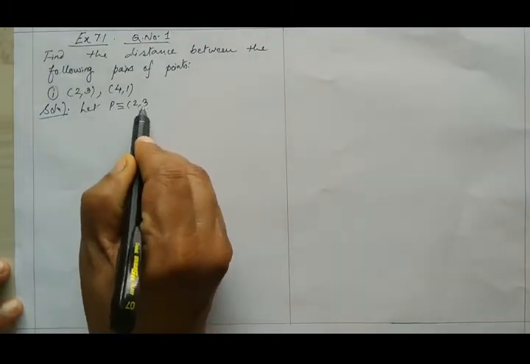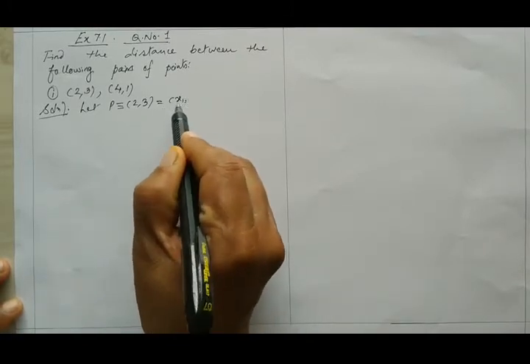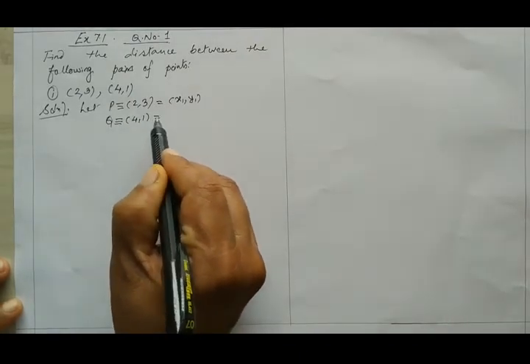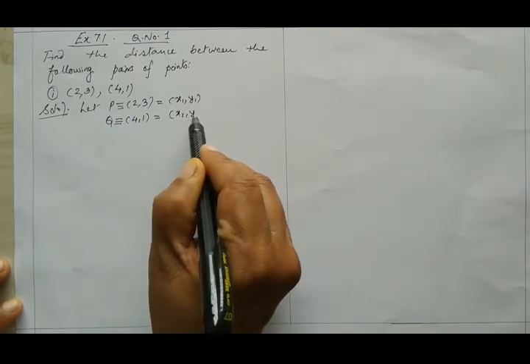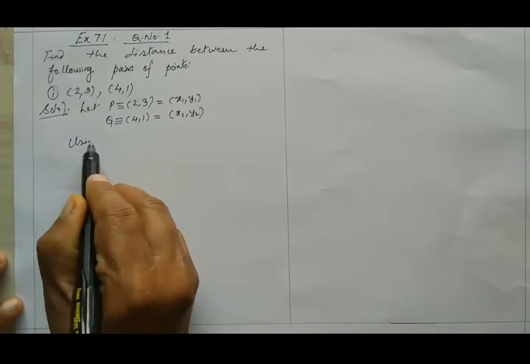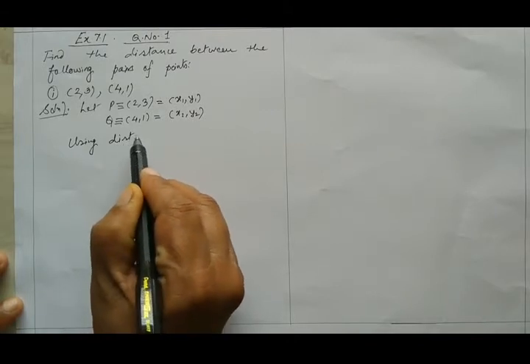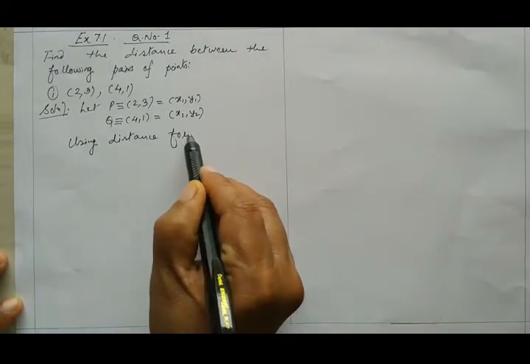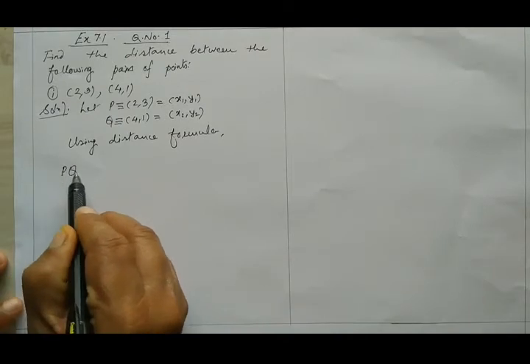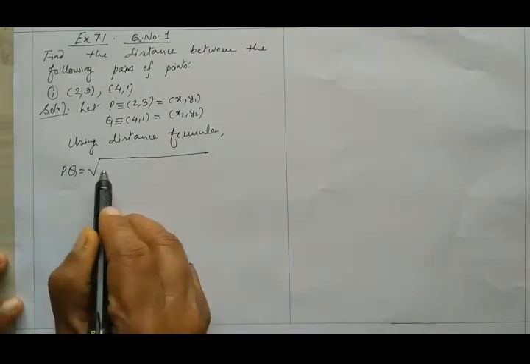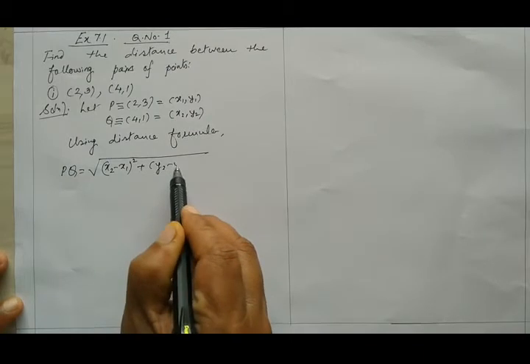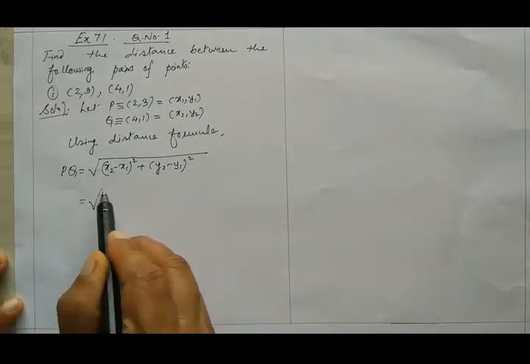Let P is equal to (x1, y1), and Q is (4, 1), that is (x2, y2). Using the distance formula, PQ is equal to under root of (x2 minus x1) whole square plus (y2 minus y1) whole square, is equal to,